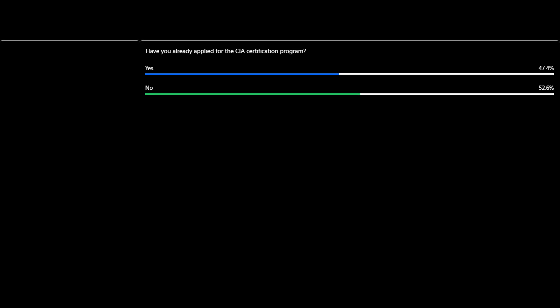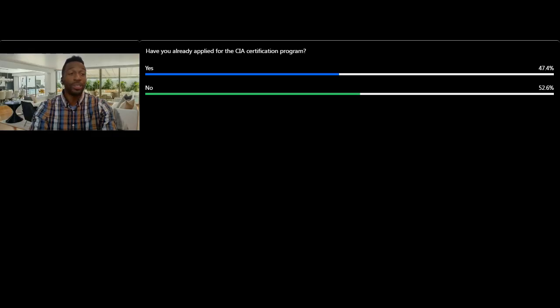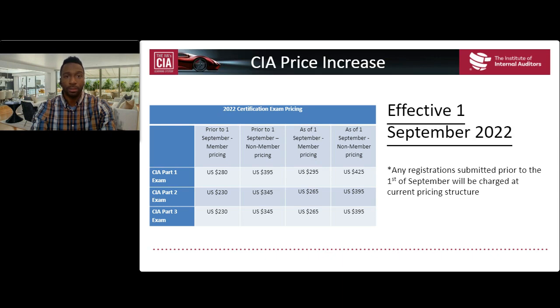So it's pretty close, almost an even split. We do have quite a few of you who have not yet applied into the certification program, and a few of you already have. For those of you who have not applied, I'm glad we are able to speak with you today. We want to make you aware that there is going to be a price increase that comes into effect